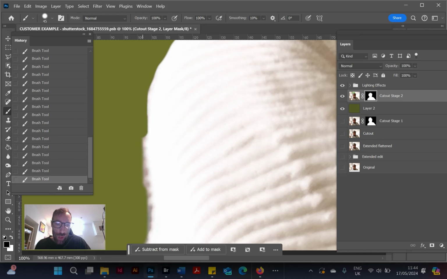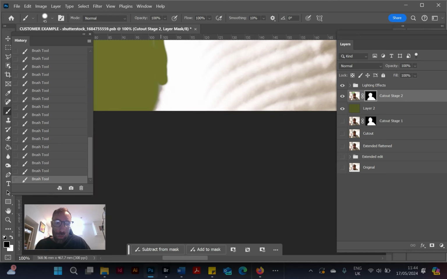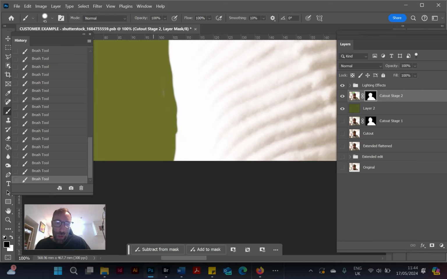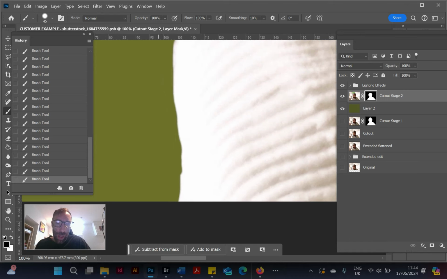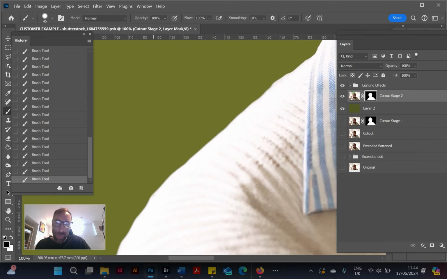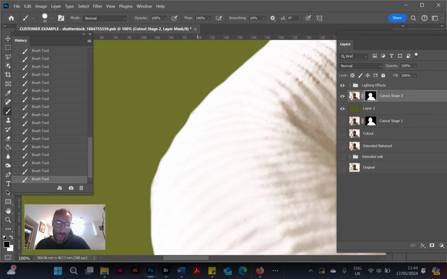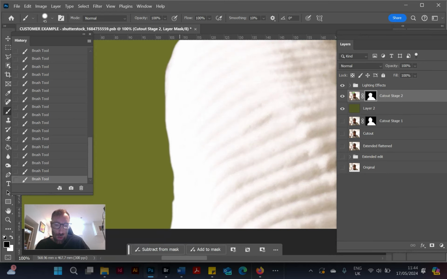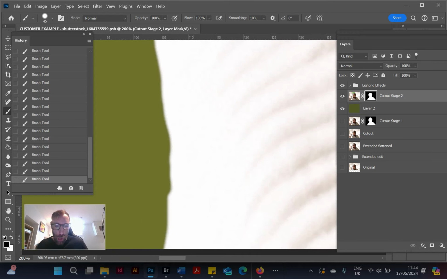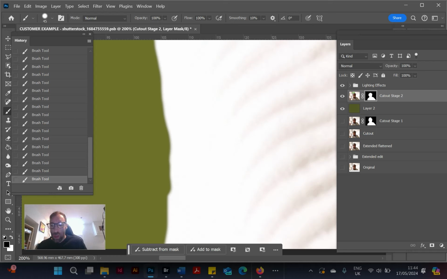So just trying to delete that little edge that we've got down there. Like that, and just delete any edge that's still remaining there. That's looking pretty good. Again, we're probably just going to neaten that bit there back up because we've missed the chunk. So once you're on the mask, again, if you flip this round,